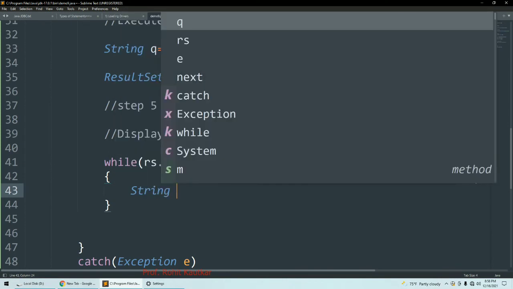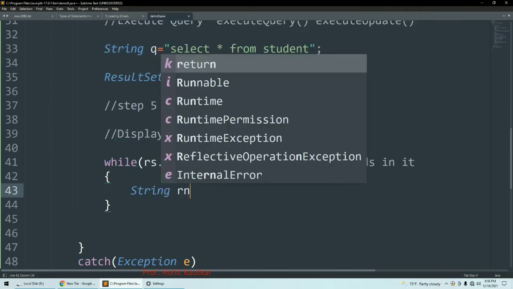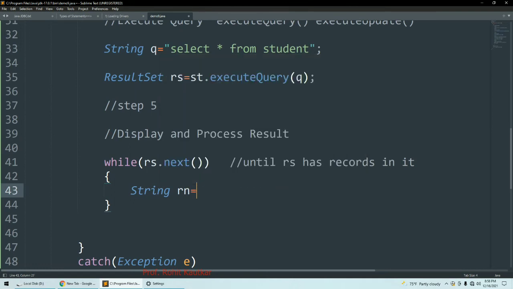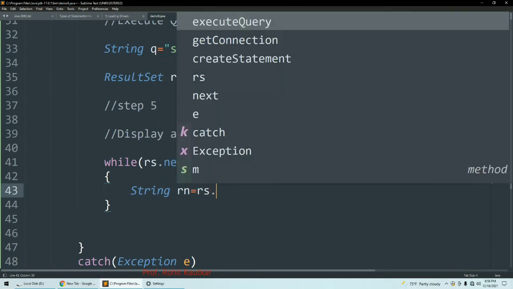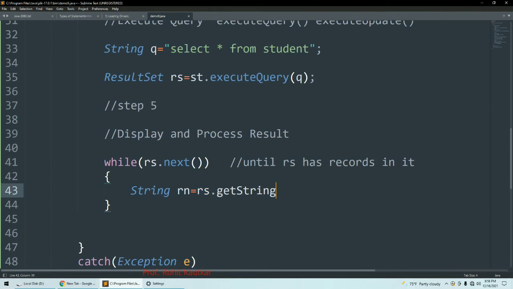String, let's say first is roll number, and I will write here res.getString. This is a method. Instead of this I should use int over here, getInt, and for the name of my column I will write the first column.